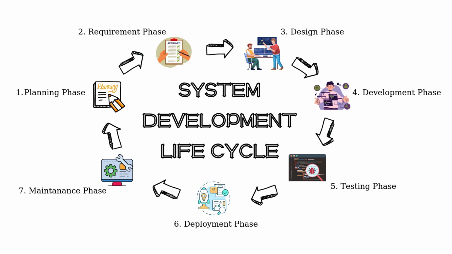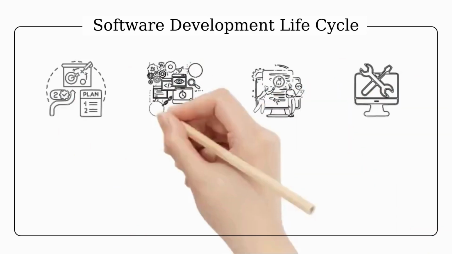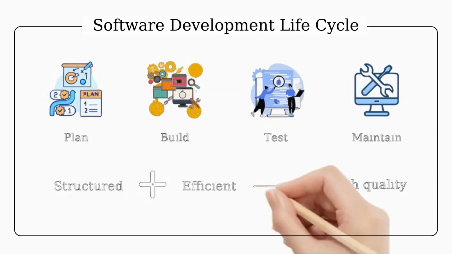It's a framework that outlines the 7 key phases every software project goes through: planning, requirements, design, development, testing, deployment, and maintenance. It's a structured approach to planning, building, testing, and maintaining software, ensuring teams work efficiently and deliver high-quality